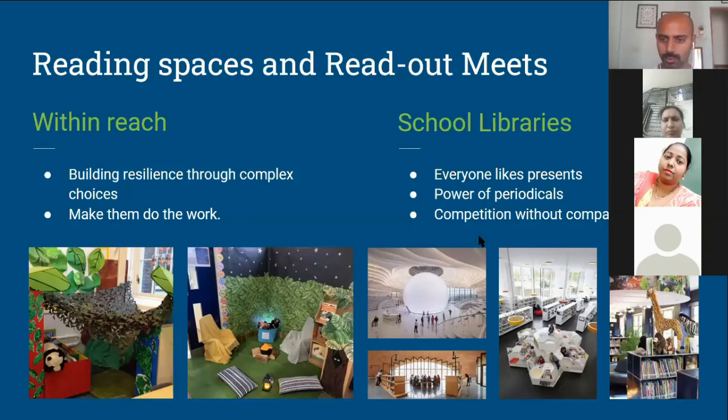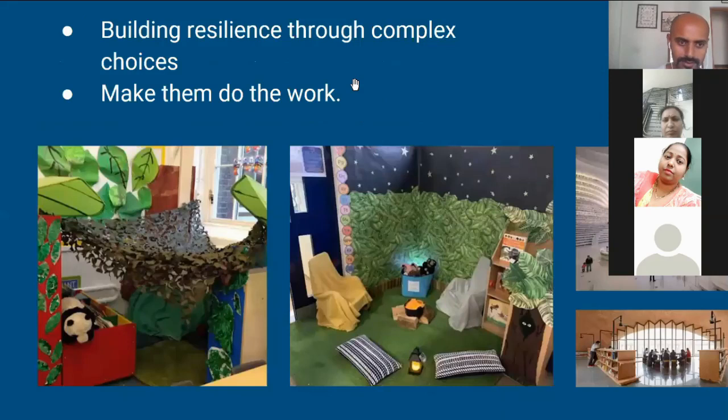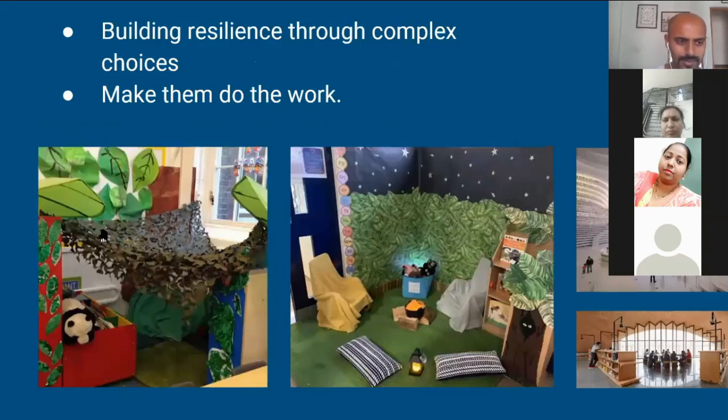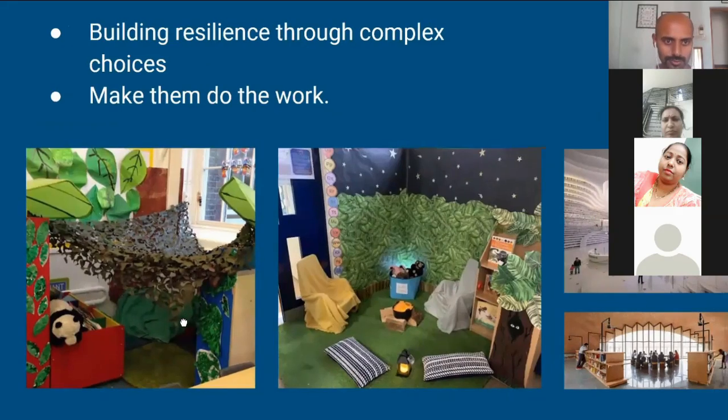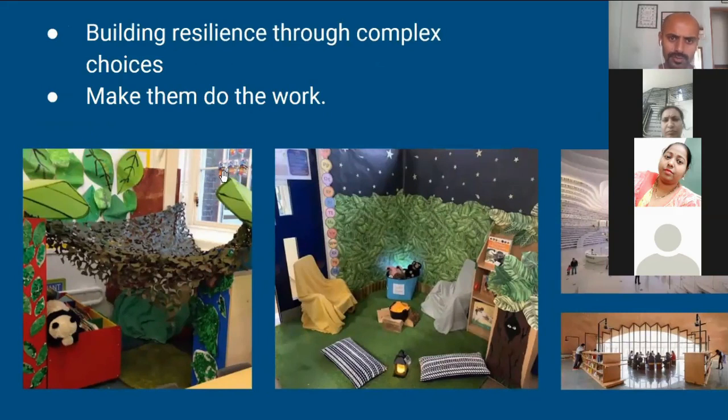If you notice in both the pictures, on the right side, I have put four pictures of school libraries or city libraries. And on the left side, these are book corners. In both the pictures, if you notice, it's not just books. You have different things here. So I'll just zoom in here so that it's easier to view. Okay. So here you can see a few animals, a few foam mats and even a pipe that is going from behind. So even that is used. The window also has a few things here.